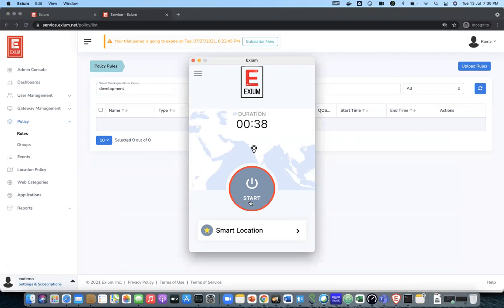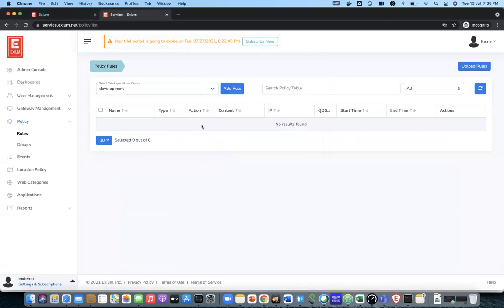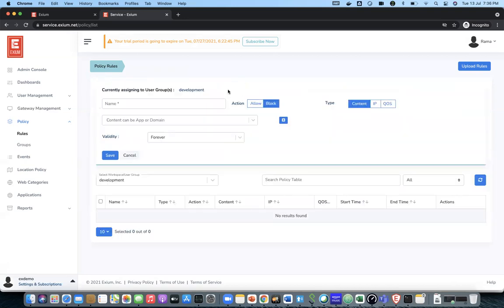First, let me connect through my client. I'll connect to XGM so that all the traffic from my MacBook goes through XGM. Now I'm connected to XGM. Whatever policies get applied, they get applied to all the traffic which goes through. Now let me add some rules.